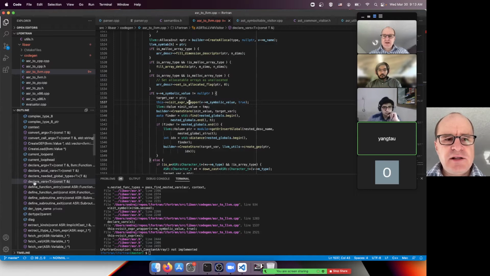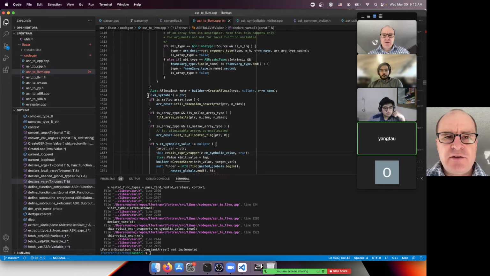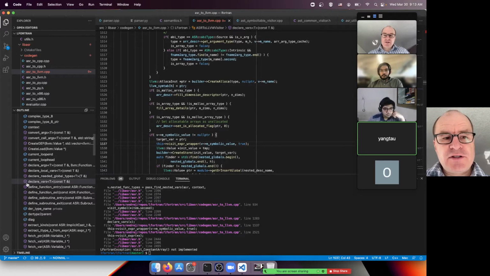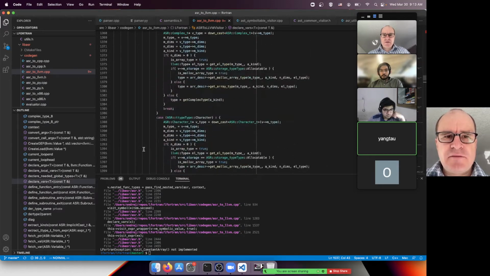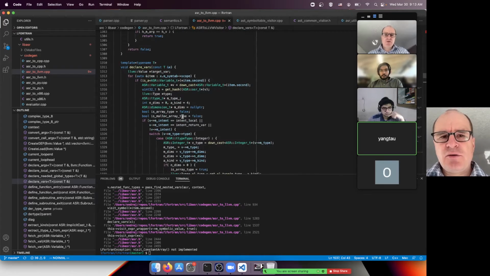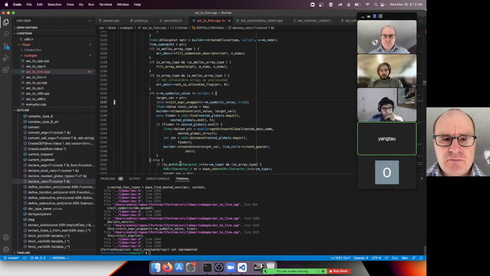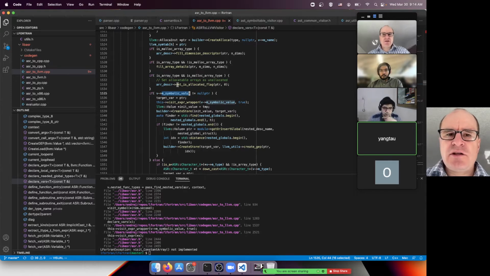So now we are in the declare vars function in the LLVM backend. So we are in the ASR to LLVM file, because that's the file that translates ASR to LLVM, and we have to kind of look around a little bit. So first of all, it's declare var, so it's somewhere when declaring the variables in LLVM that it fails, and it's a long function because it does all the, so it's a local variable that gets declared, and I guess when the symbolic value is not null, which is in our case we are assigning the constant array to it,